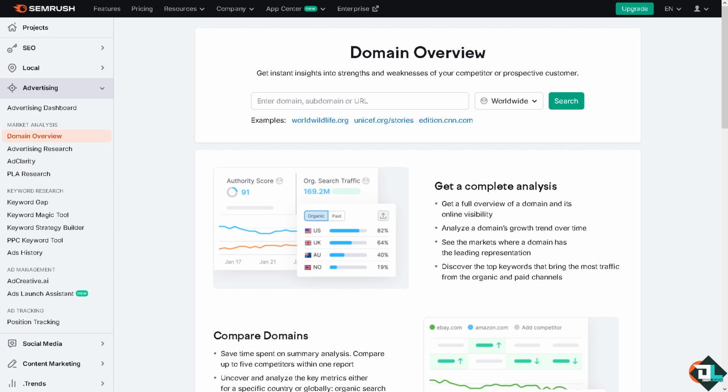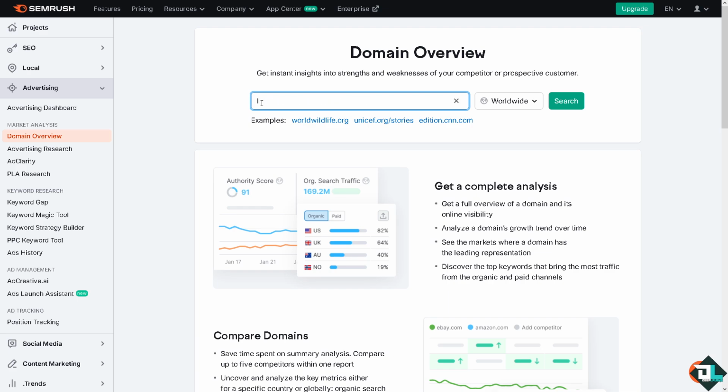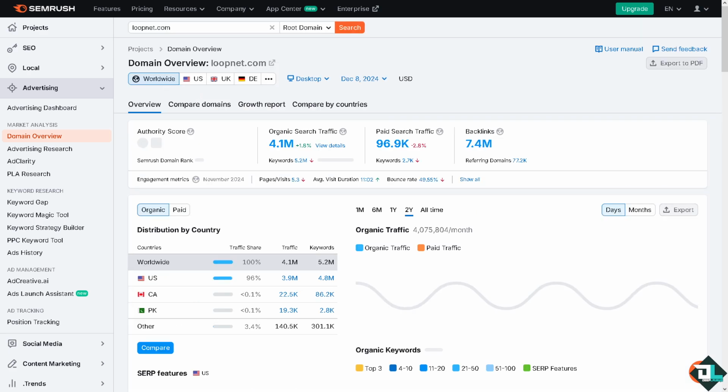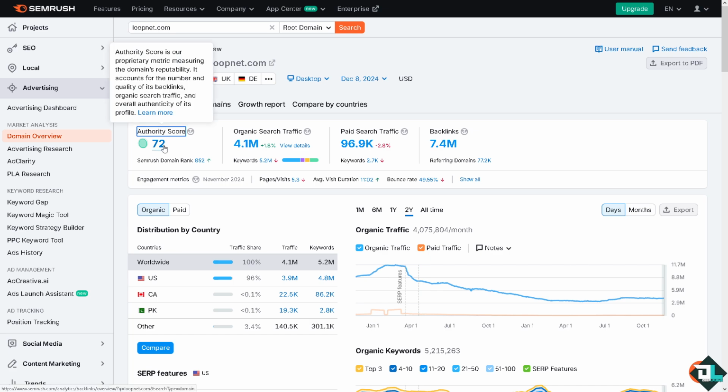Now, if we go over again to the Google earlier, the number one result was loopnet.com. So let's try to use that for example. Type it in, loopnet.com, and press enter. This tool will show you traffic sources like authority score right here. They are scored 1 to 100. The organic search traffic and the paid search traffic, which is going to be 96.9K, but the organic is 4.1,